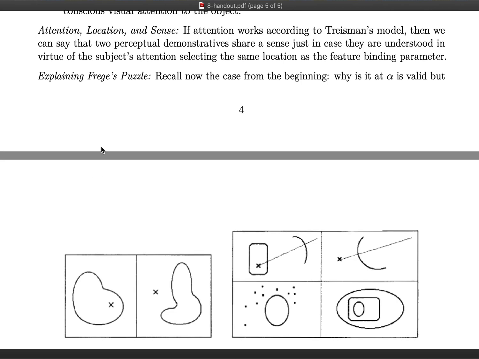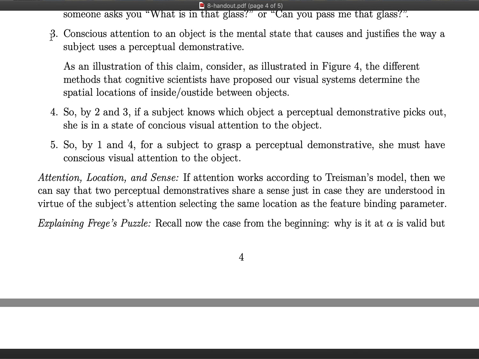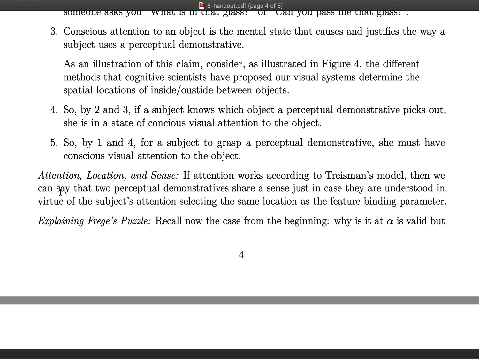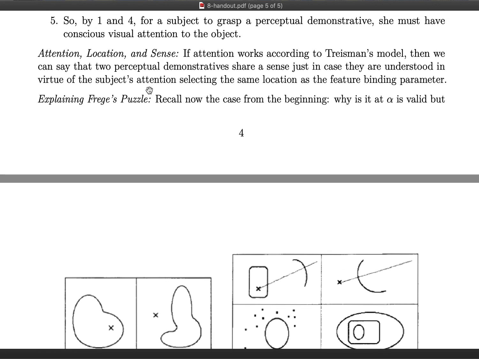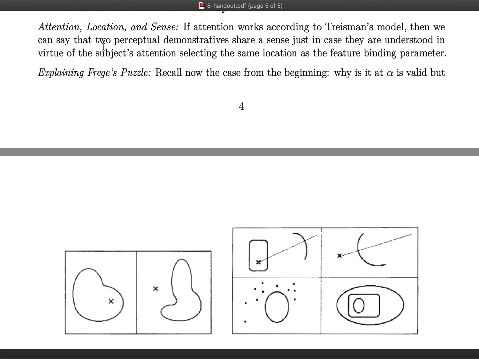So in elaborating premise 3 here, we can understand how it is exactly that Campbell relies on Treisman's view of attention to a perceived location as being the thing that binds together features and allows us to perceive and think about objects. Okay,